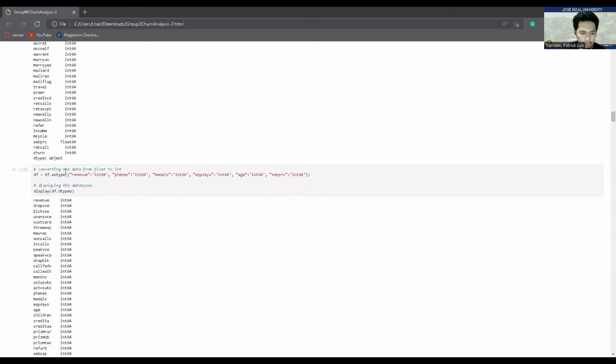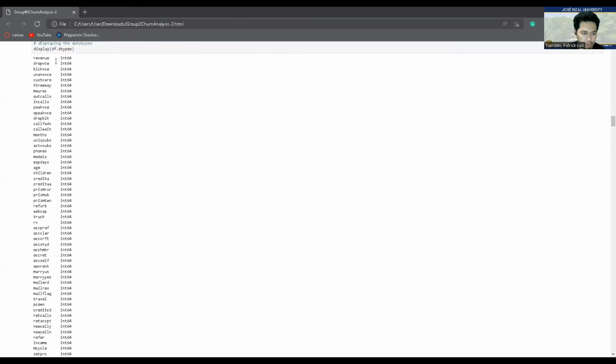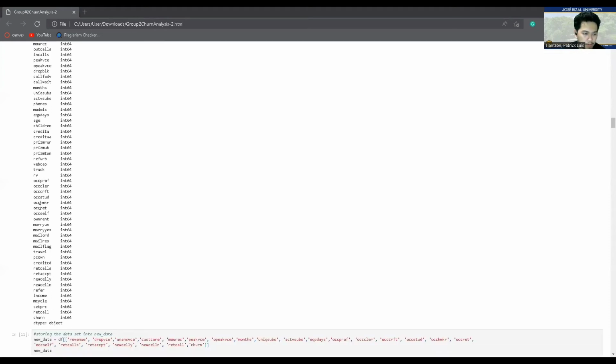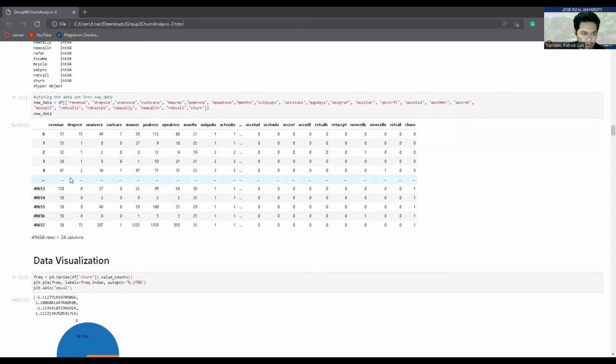In order to change the float into int, this is the code that we use. To display, just type df.dtypes. Then as you can see, all of the attributes are now integers.